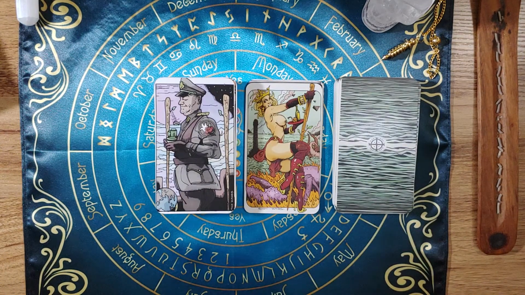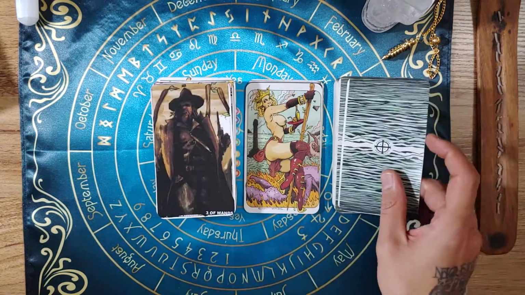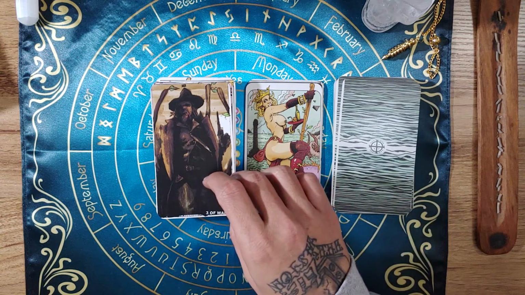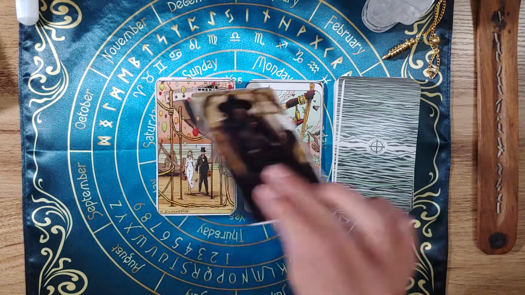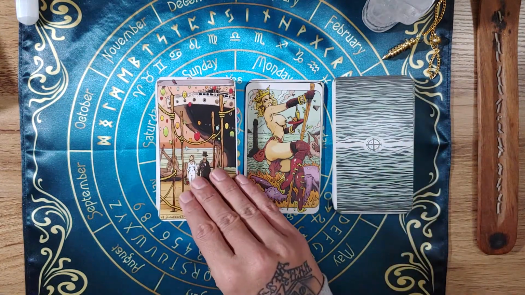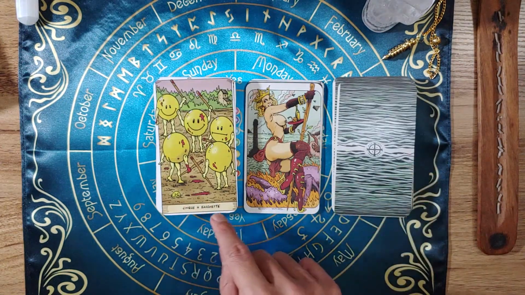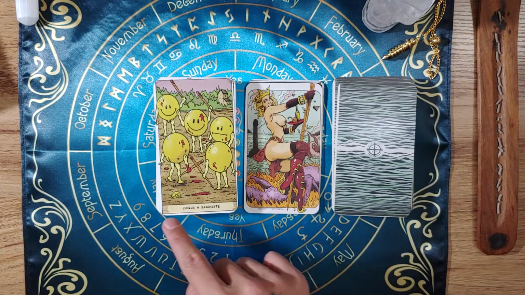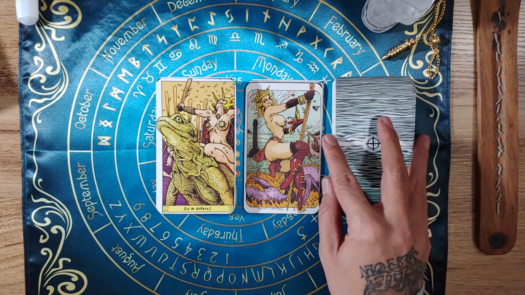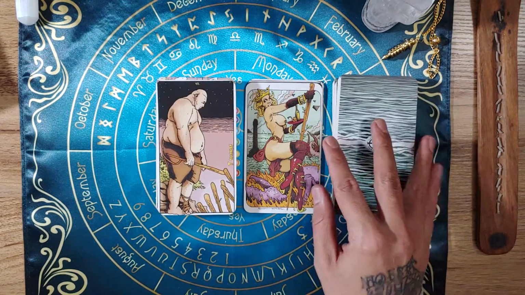The Three of Wands, Four of Wands, Five of Wands. Now, as you notice, as we flip through here, all of these titles are in different languages. They flip and flop between different languages. Here's the 6, the 7,